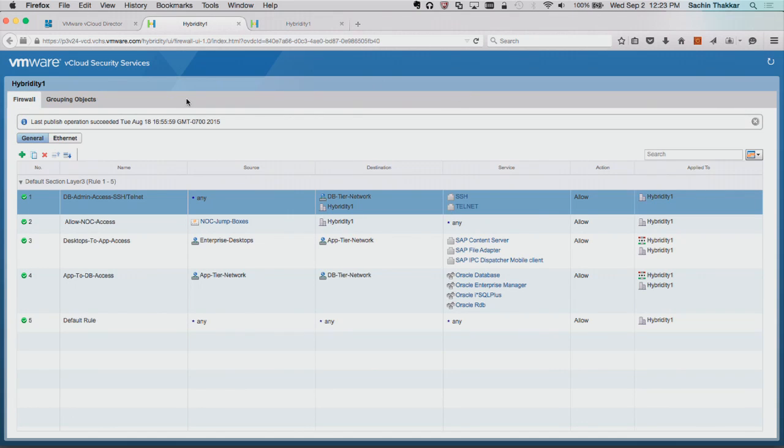Now I'm going to switch back over to the distributed firewall and show you that this is actually exposing some of these capabilities in much the same way that NSX is displaying. Now, this is in vCloud Air production, so I don't have access to the underlying vCenter here as a tenant. But if you look on the underlying vCenter, you would actually see a section for this tenant, for this organization VDC,